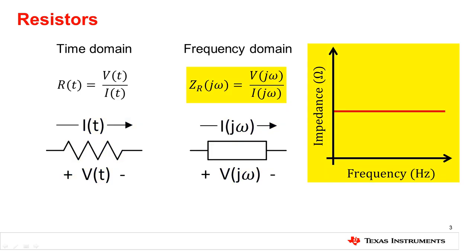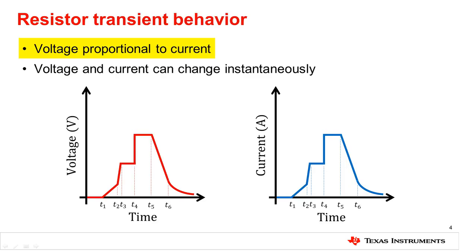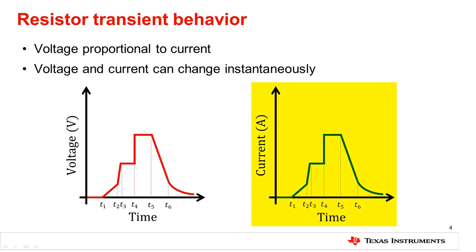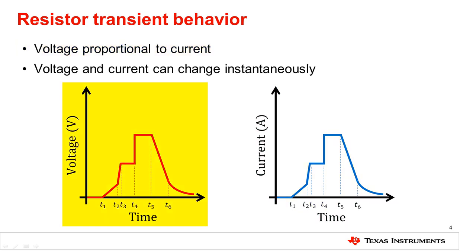Note that the impedance of a resistor in the frequency domain is found in the same manner, as its resistance is independent of frequency. Because the voltage across a resistor and the current through a resistor are proportional, it is easy to visualize the current in time from the voltage in time, and vice versa. In other words, the plots of voltage across time and current across time will have the same shape for an ideal resistor. They will be scaled relative to each other according to the resistance of the component.